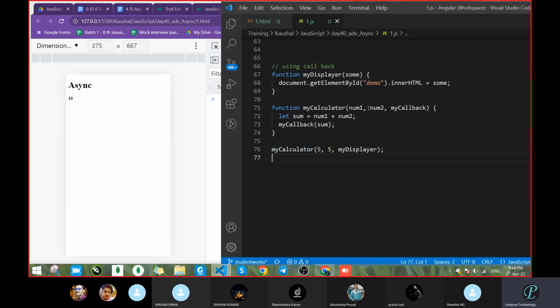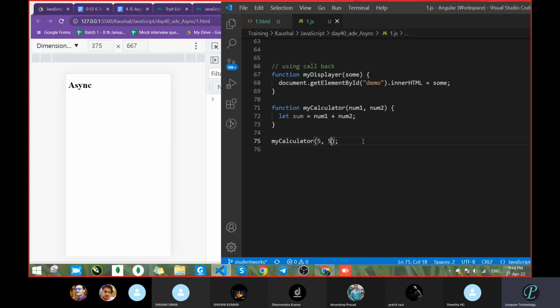When you call that, how many arguments are required that you're going to pass? Suppose you want only 2 arguments, num1 and num2. My displayer is not there; just for right now, remove this. This becomes normal, simple code. Now pass the callback. How do we pass a callback?